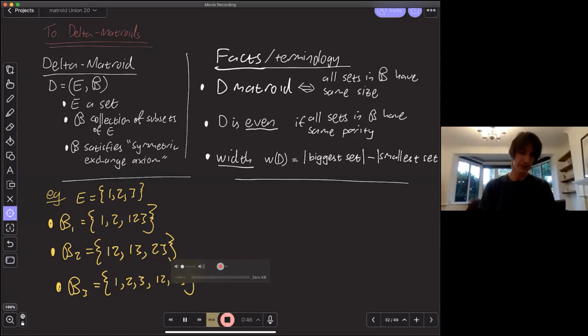So all that's missing from the definition of a matroid is that in a matroid, all the sets in B would be of the same size. And we're just not requiring that for the delta-matroid. So you can think of a delta-matroid as what happens when you drop the requirement that all of the bases have the same size in the matroid. Okay. So just 3 examples. If this is E and B, this collection of sets B1, B2, and B3, these would all form examples of delta-matroids.